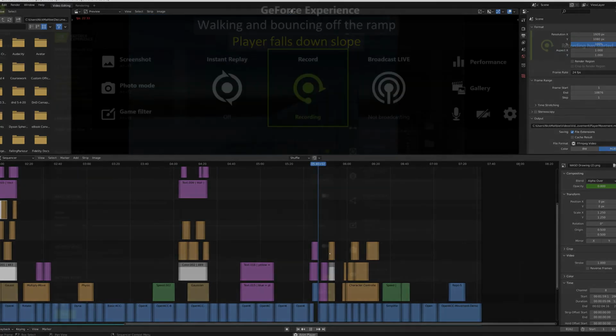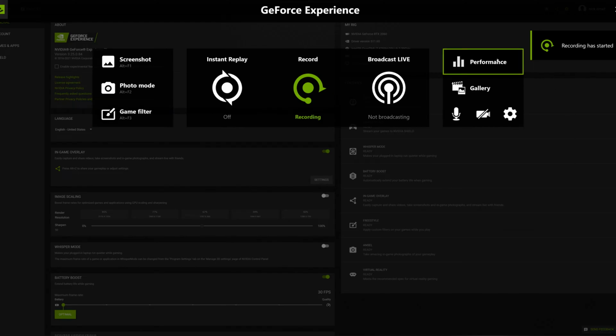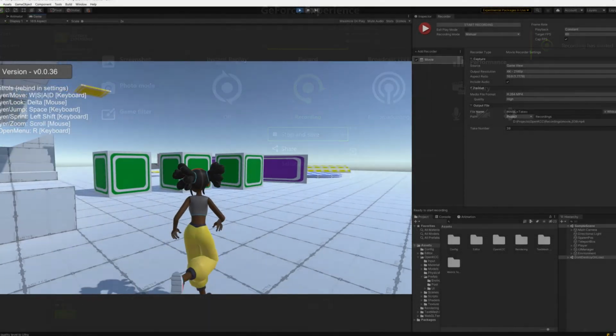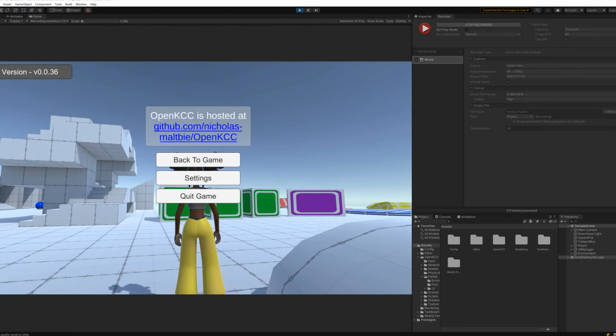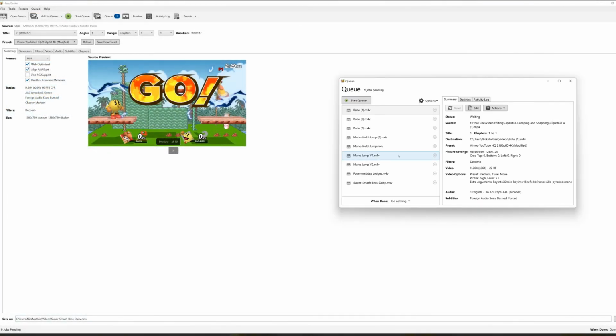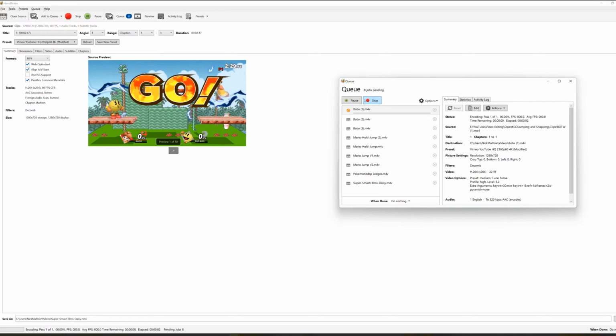I record visuals using the NVIDIA GeForce, Open Broadcast Studio, and Unity's Recorder plugin to record visuals from games and projects. I've started trying to make the videos 60 frames per second, and the program Handbrake has been useful to fix video encoding and frame rates. Each program can make recordings in different formats, so unifying them is quite useful.